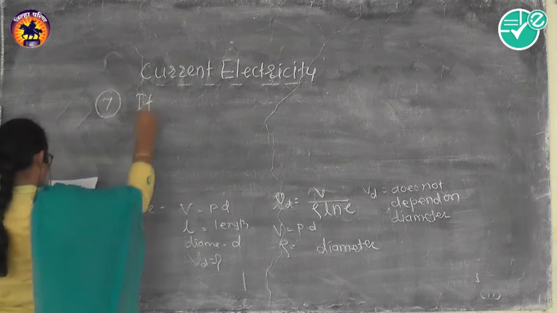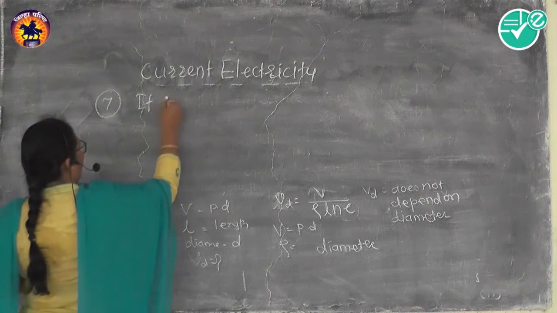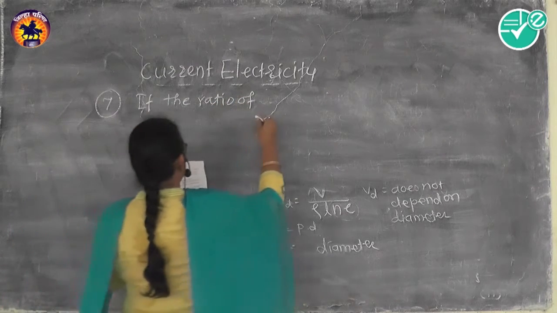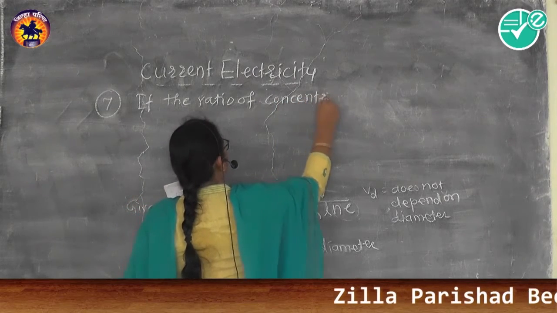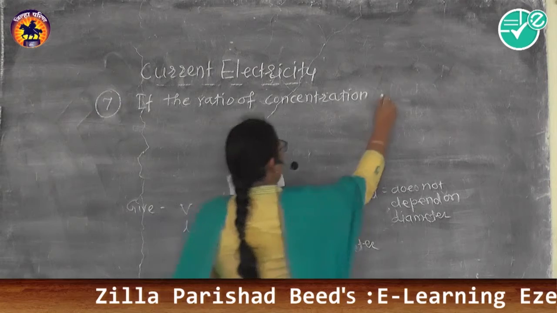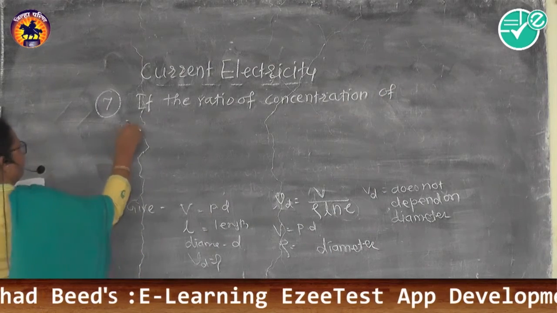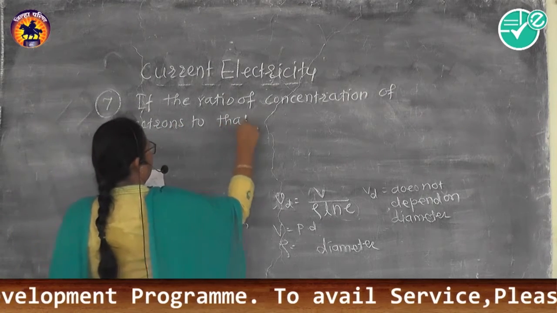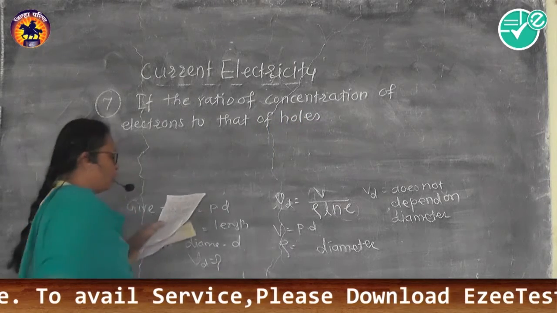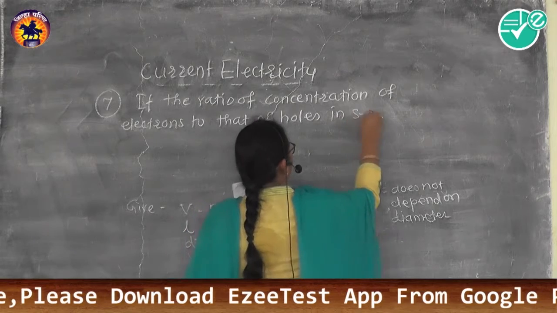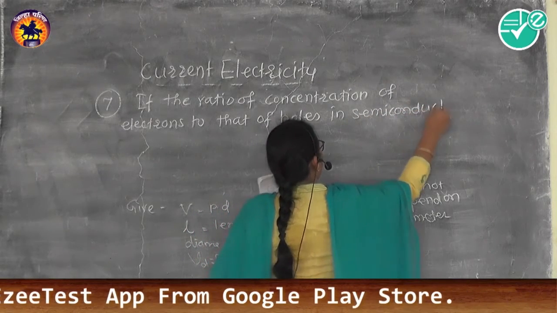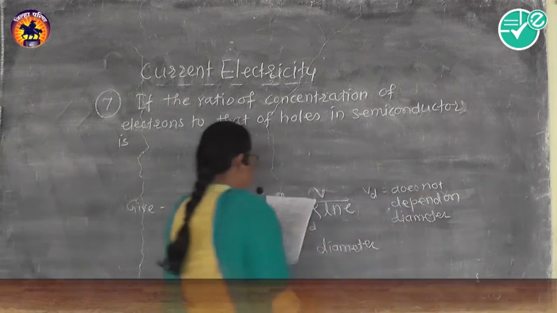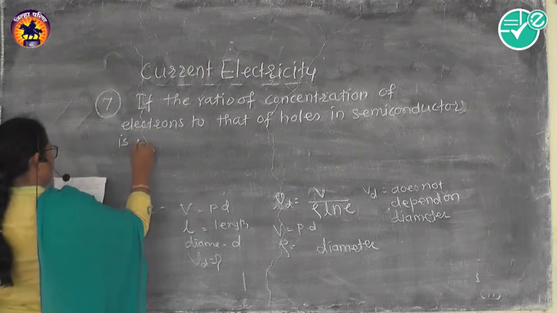Now, seventh example. If the ratio of concentration of electrons to that of holes in a semiconductor is 7/5